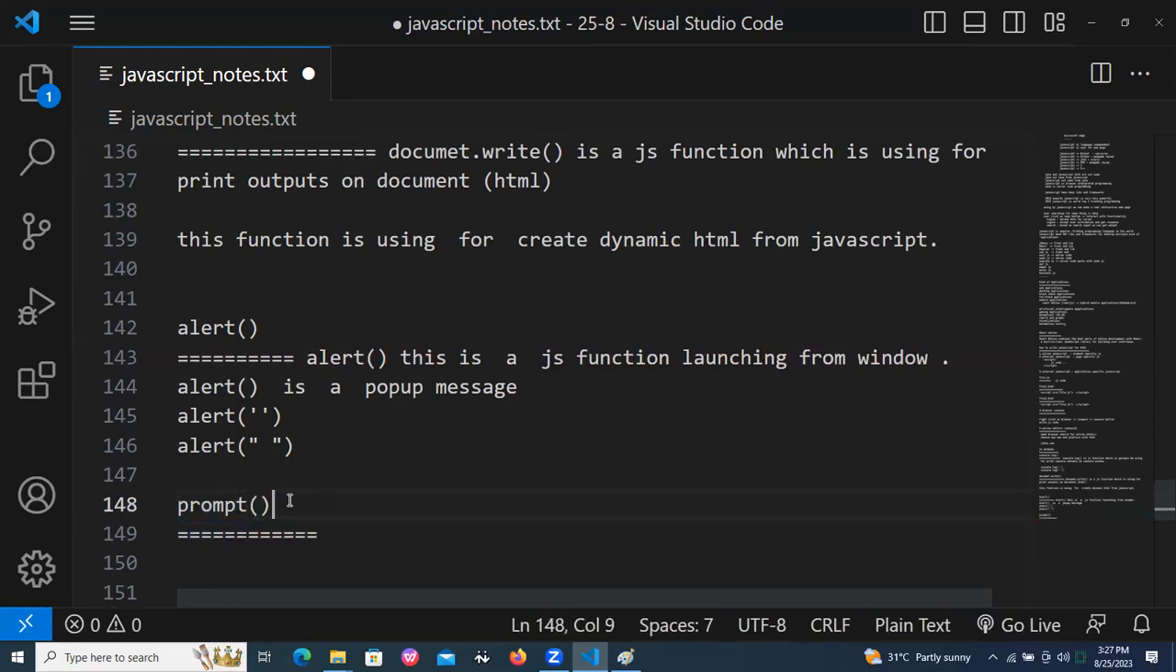Yeah, this is the prompt message. Spelling is very important. So, prompt function. This is a function. This is a JS function which we are using for